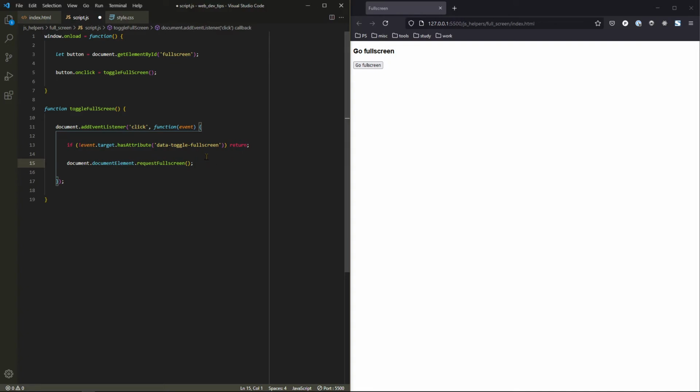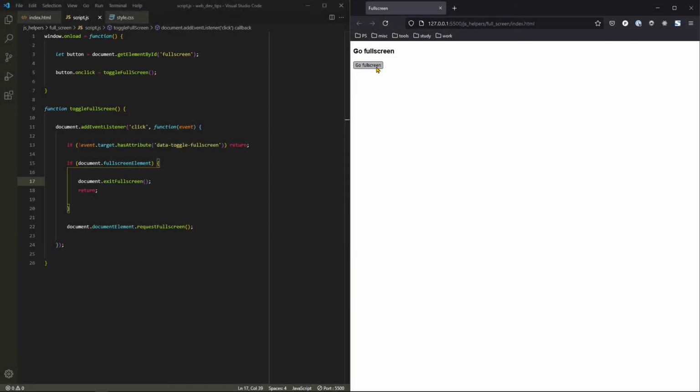If it does, I'm gonna request the full screen, and just to be sure that I can get also out of this full screen, I'm gonna check if the document is already in full screen, and that's gonna make the button exit, so that I can use one button to do both the enter and exit